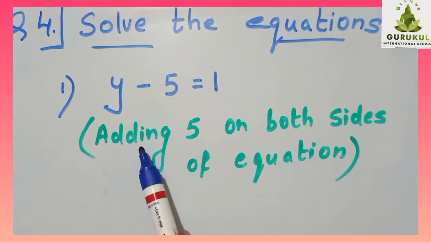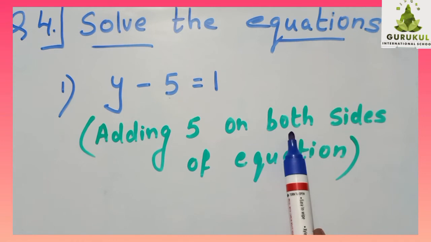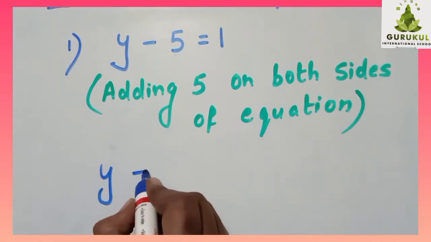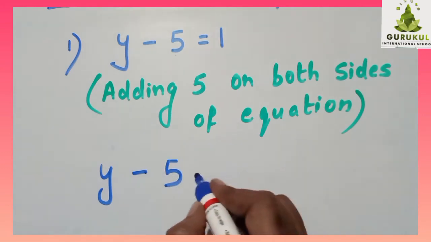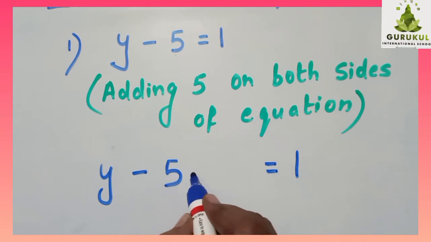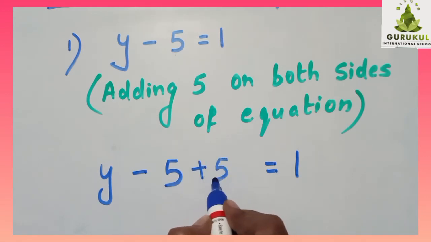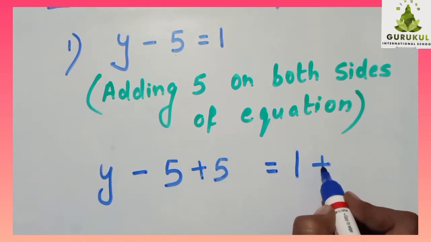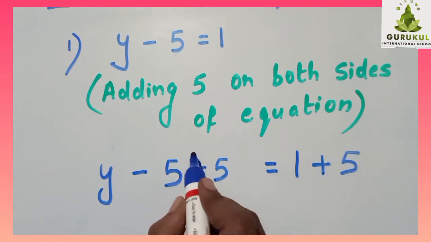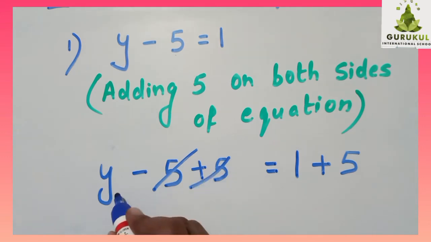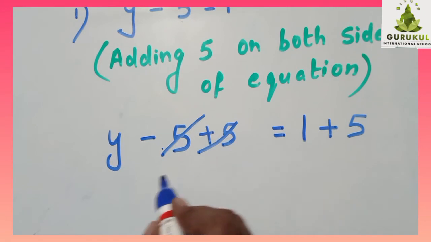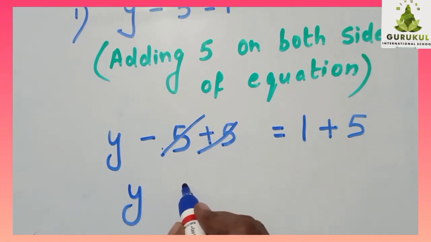So I wrote the step, adding 5 on both the sides. If I add 5, the equation will be balanced. So I will write the equation once again, leaving some space here, then equals to 1. Now to remove this minus 5, I will write its opposite, plus 5, here, and here also I will write plus 5. Why did I write plus 5 here? Because here it is minus 5. They will get cancelled out. Opposite numbers get cancelled. So I get y here and 0 now.